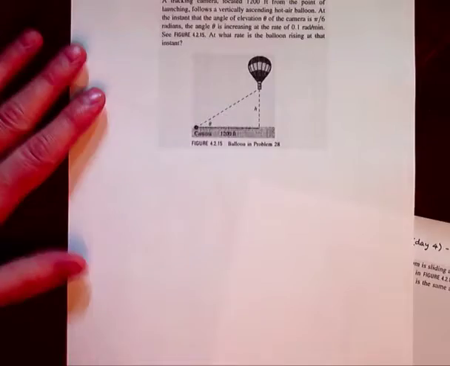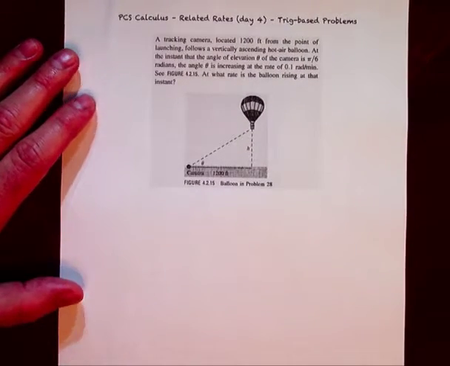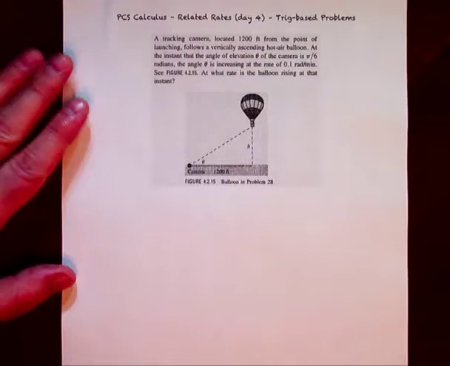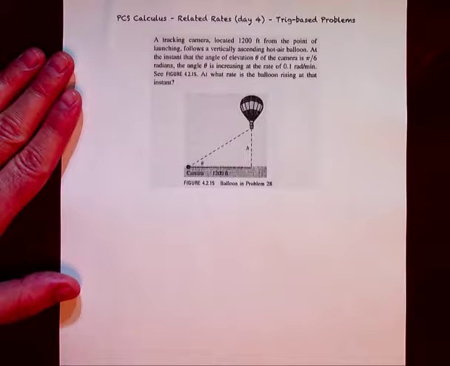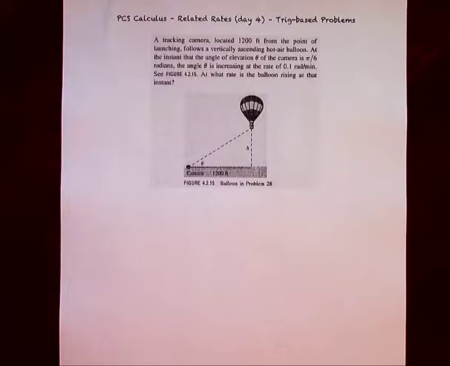Let's go ahead and take a look at another one. This will deal with the angle of elevation. A tracking camera located 1,200 feet from the point of launching follows a vertically ascending hot air balloon. So the hot air balloon is going up. At the instant